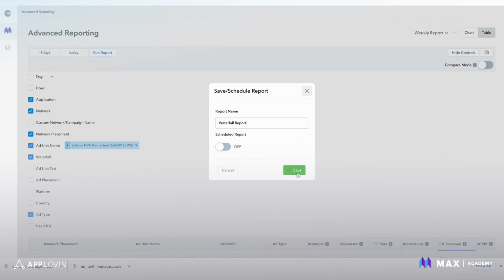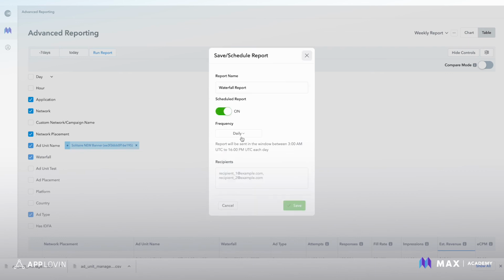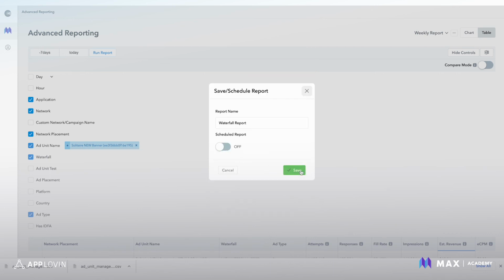When you save it, it will become available here in the drop down. Or you can schedule it to be sent to you on a regular basis, daily, weekly, or monthly. It will be emailed to your inbox or the inboxes of whoever you denote here. And hit save.